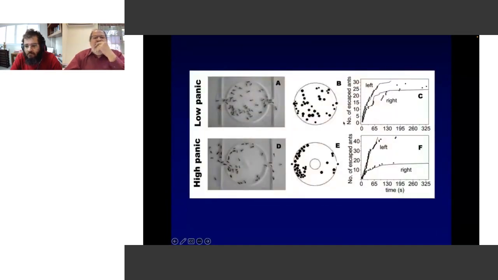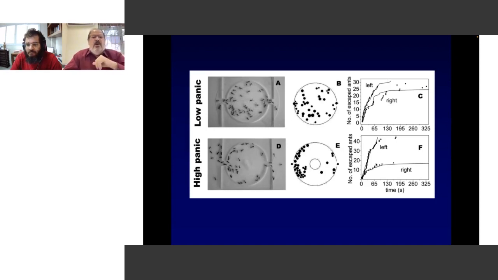If they do not apply the insecticide after they open the gates, the number of ants leaving from left and right are almost the same. When they apply the insecticide, there is a break between left and right. They speculated that this is because of what they call ant panic. I would say it is hard to believe that, but that is the explanation they propose.